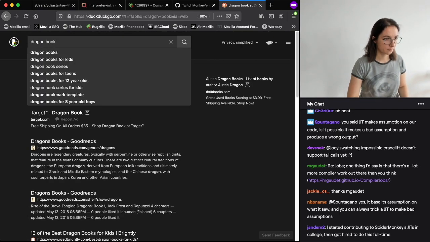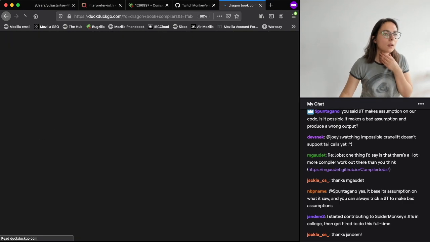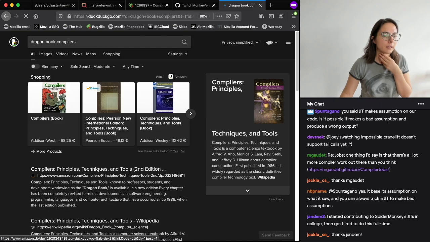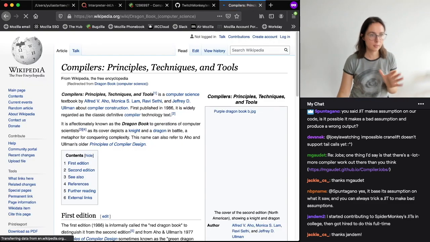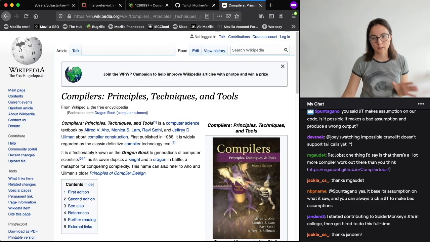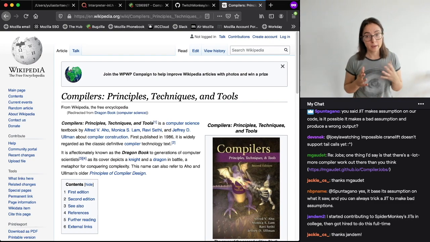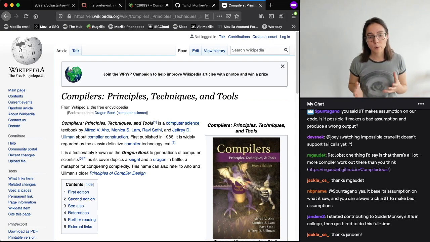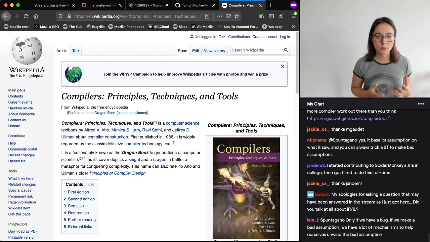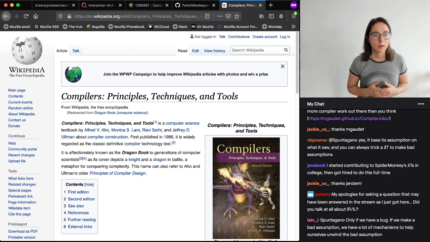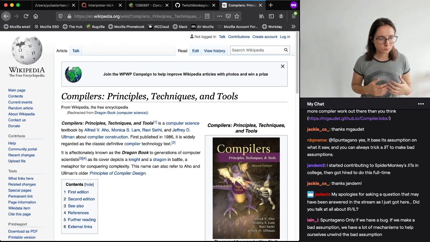Compilers. Yeah, this one. It's this book, Compilers: Principles, Techniques, and Tools. I've read the book, and I read it while I was doing the course. I did the course very quickly, so I missed some details. But